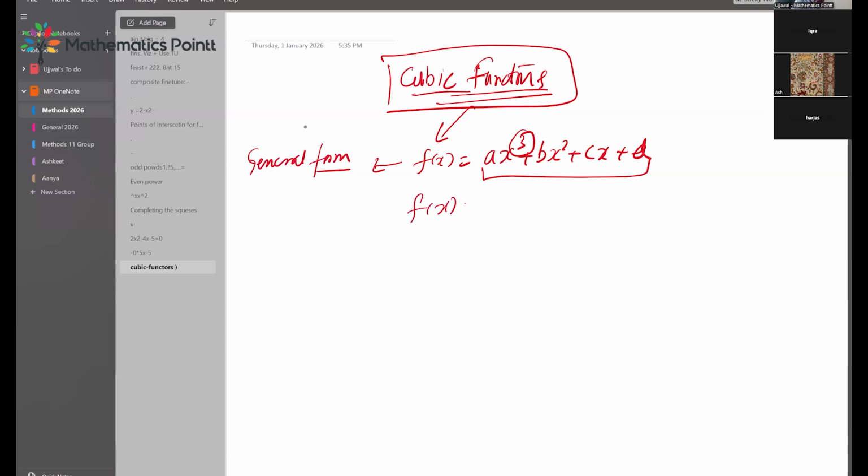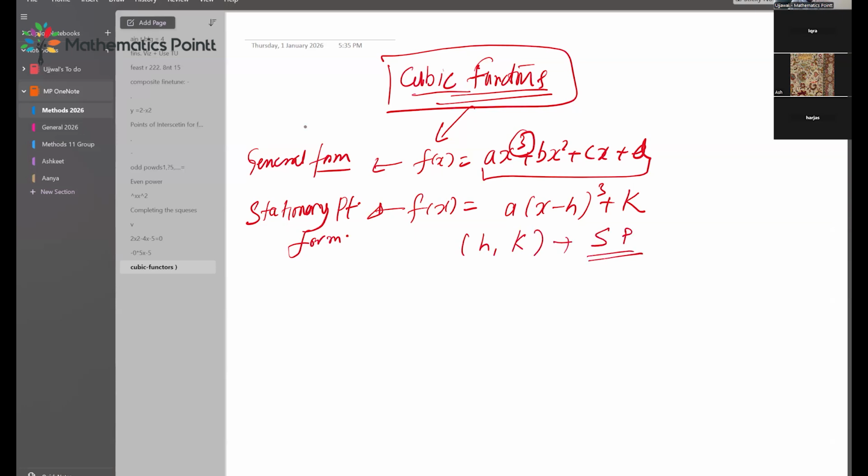Then there is another form which is a(x minus h) cubed plus k. This is called, I shouldn't say the turning point, I should say the stationary point form. Stationary point form, where h comma k